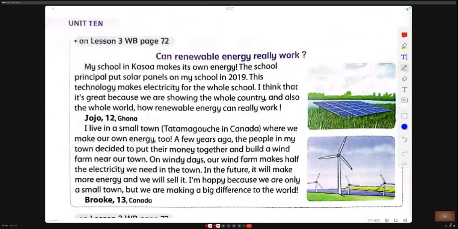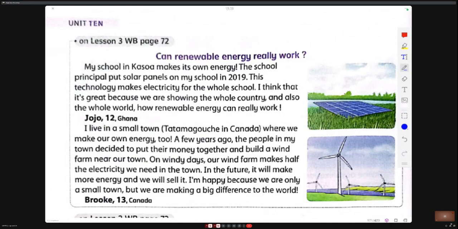Can renewable energy really work? My school in Kasua makes its own energy. The school principal put solar panels on my school in 2019.